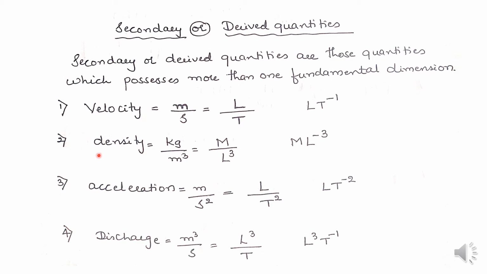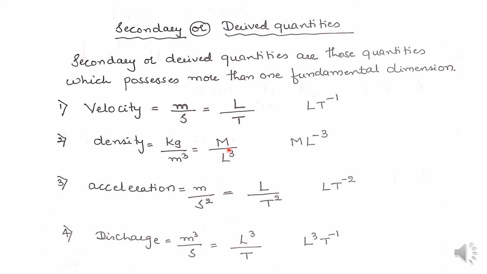In kg per meter cube, where mass we are going to measure in kg, where M, capital M, is the fundamental dimension for mass, and meter cube means we are going to measure in terms of length, breadth, into height, where all this length, breadth and height we are going to measure in terms of meter, where this meter is the fundamental dimension for length L. So for that purpose it is replaced by L cube.